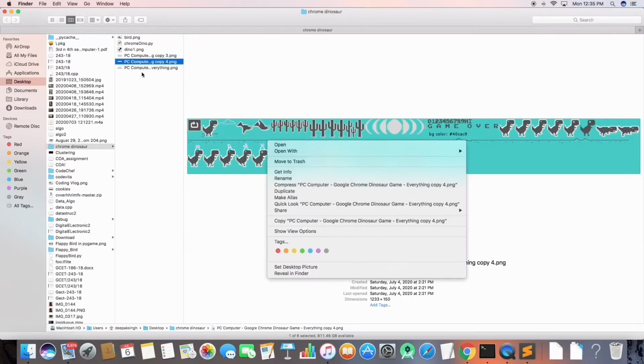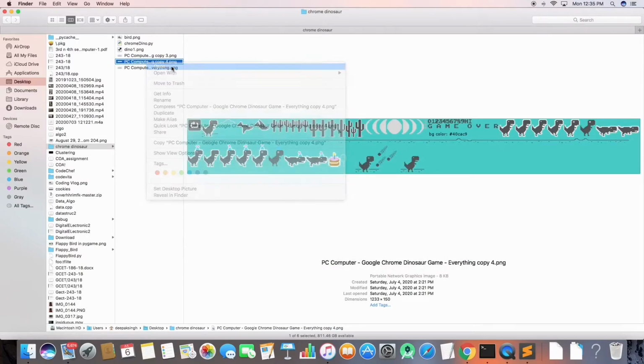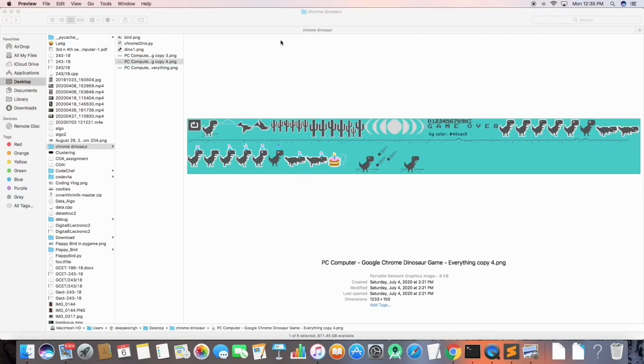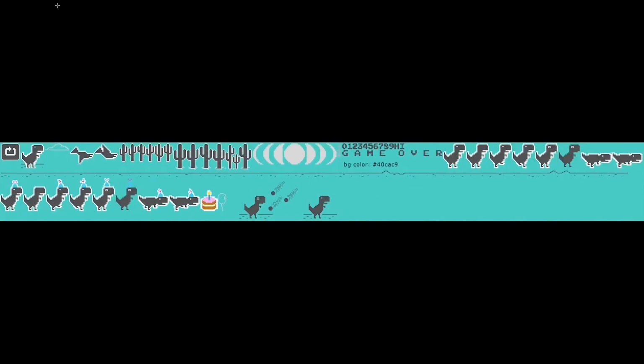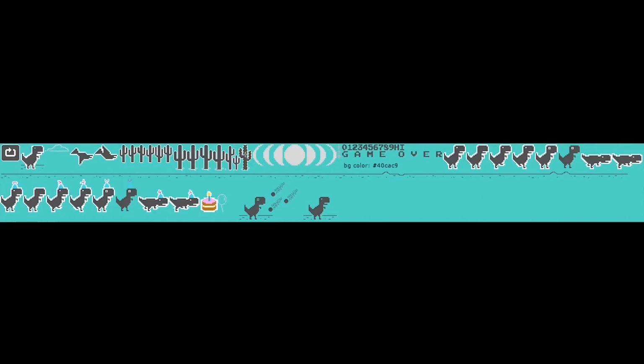As you can see this image, if I open this and let's maximize it, what I need is a way to crop them. So what I can do is, if I need the cactus, I can just select this and I can crop it. So zoom it, you can see this cactus here. So that's what I'm working on right now. Let's create the game and I'll show you once I'm done.